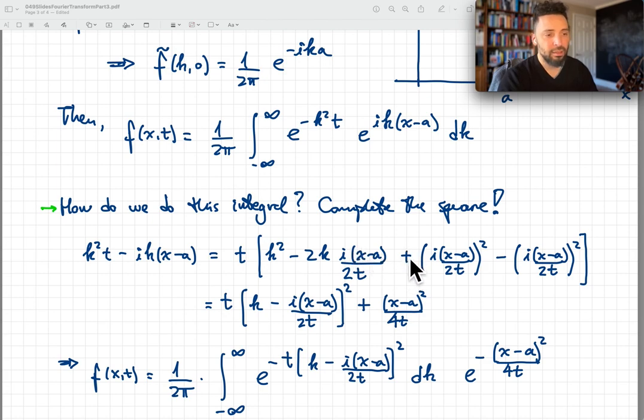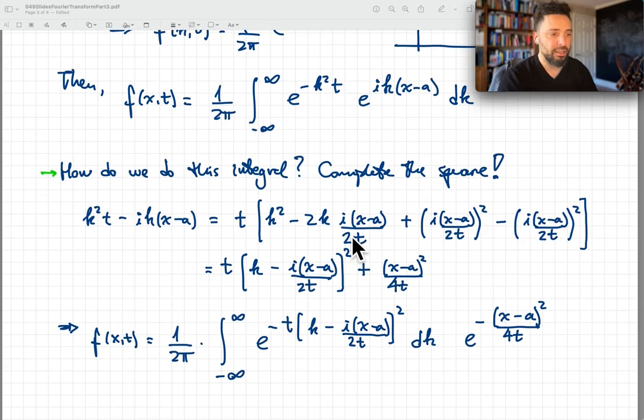So I add that plus i (x minus a) over 2t, quantity squared. So this is now what's going to be our perfect square. But if I add this, I have to subtract it, of course, because it wasn't there before. And so now we go to the next line. The first three terms are written as this perfect square. We have k minus i (x minus a) over 2t, quantity squared, multiplied by t, because this t multiplies everything,